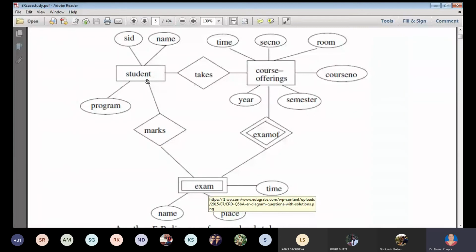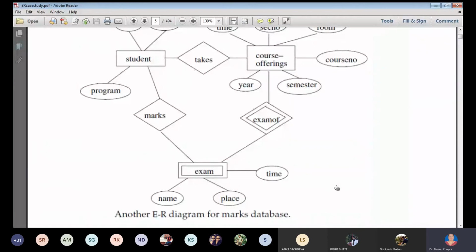Because it's totally depend upon the exams. किसका exam हुआ है? तो ये जो exam है, it totally depends upon the course. Fine, a course have a weak relationship with exam. So exam is dependent on the course. Fine, so this is your binary and this representation also works. अब एक ही ER diagram बनाने के बहुत सारे तरीके हैं. Now it's up to you कि आप क्या दिखाना चाह रहे हो.